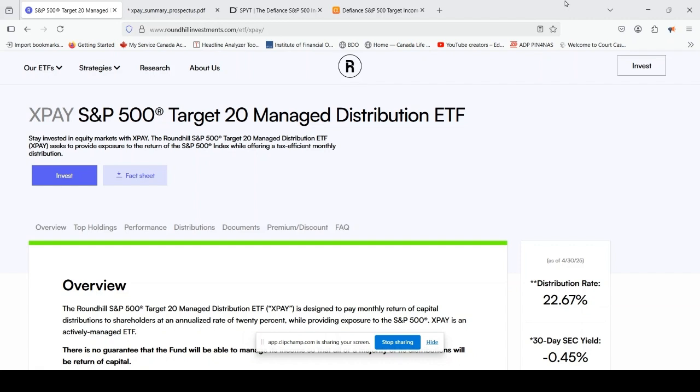At the same time, I'm going to give you a comparison of this fund with the SPYT exchange traded fund from Defiance. So stay tuned for more updates. So first, let's look at this fund, understand how it works, and then we go to the details of each of them. XPAY is from the Round Hill Fund House, and this is called the S&P 500 Target 20 Managed